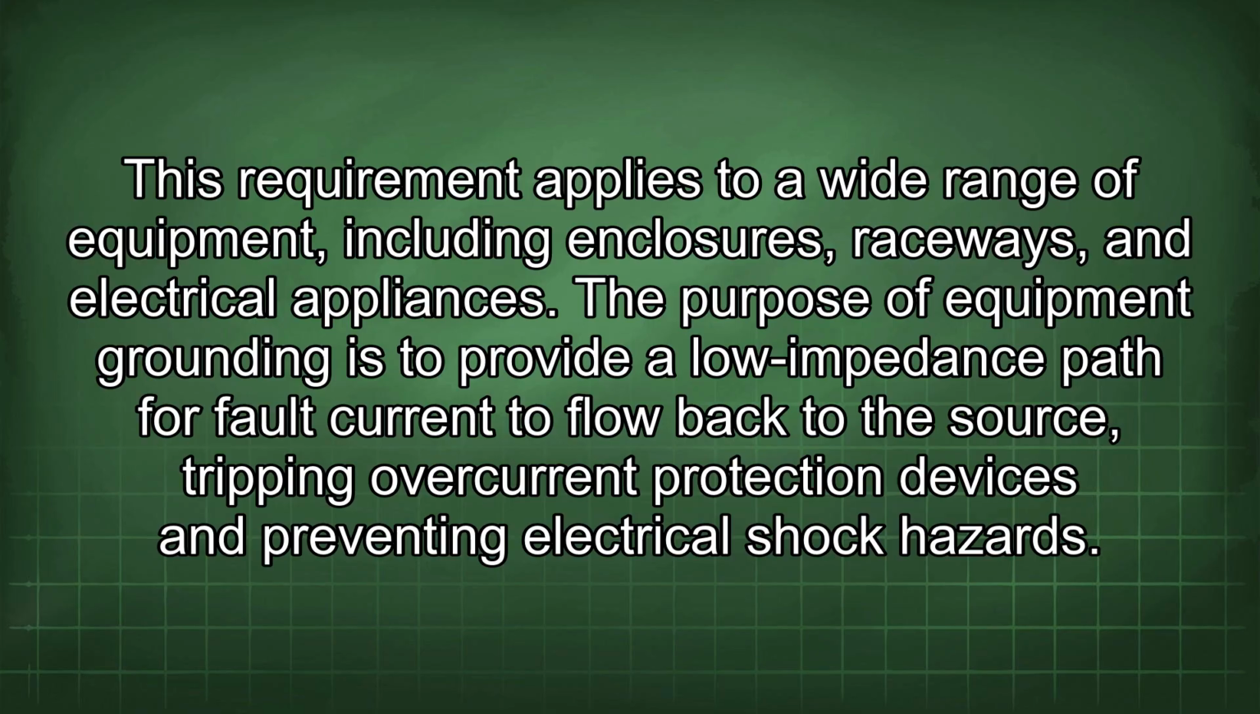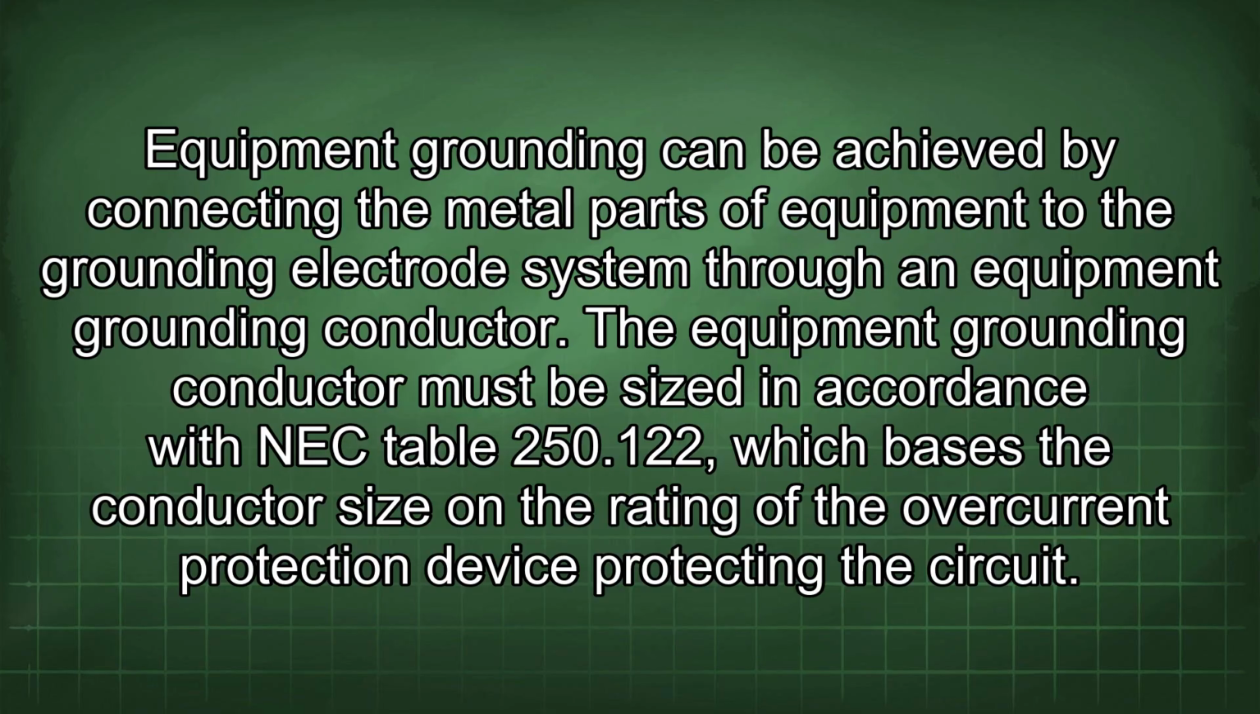The purpose of equipment grounding is to provide a low impedance path for fault current to flow back to the source, tripping overcurrent protection devices and preventing electrical shock hazards. Equipment grounding can be achieved by connecting the metal parts of equipment to the grounding electrode system through an equipment grounding conductor. The equipment grounding conductor must be sized in accordance with NEC Table